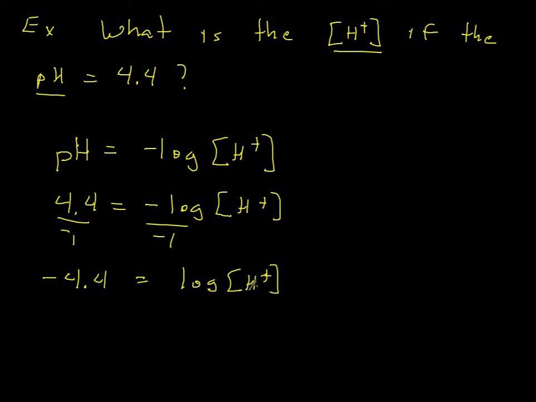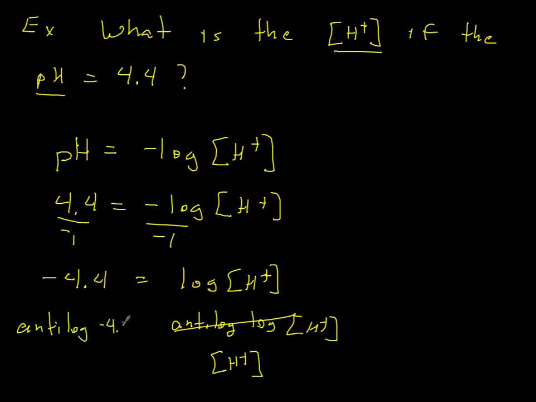Now, here's something that you can't do. Students who don't know how to do logs, what they'll do is they say, okay, I have the log times the H, so I'm going to divide both sides by the log. That's not how logs work. And so what you're going to do, what I called this growing up, is I called it taking the anti-log. So if I take the anti-log of the log, it basically turns into 1. So if I do the anti-log of the log, then this all goes away, and I get H+. So whatever I do to the right side, I have to do to the left side. So I have to take the anti-log